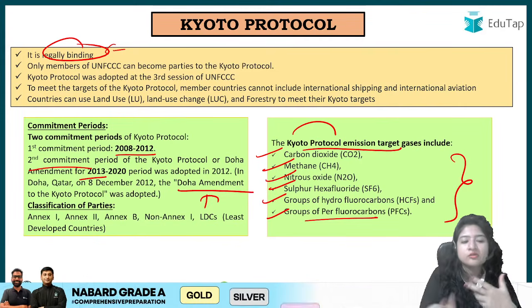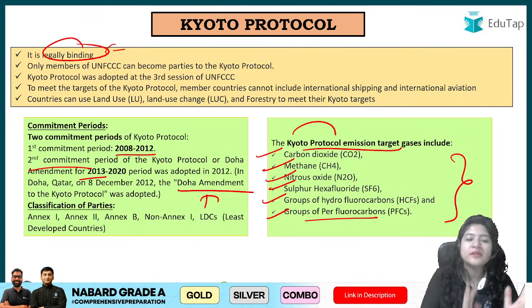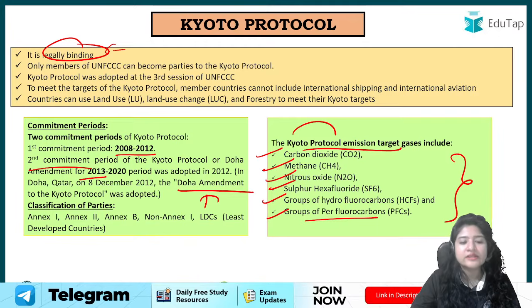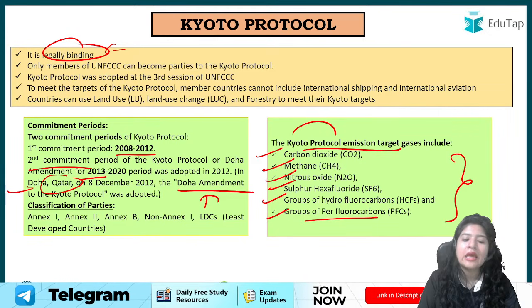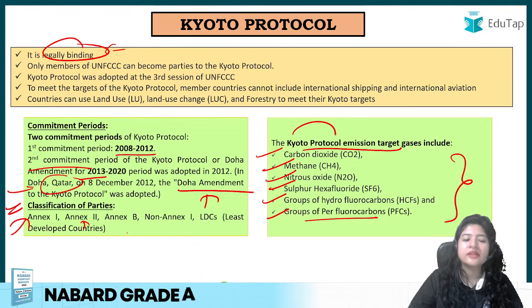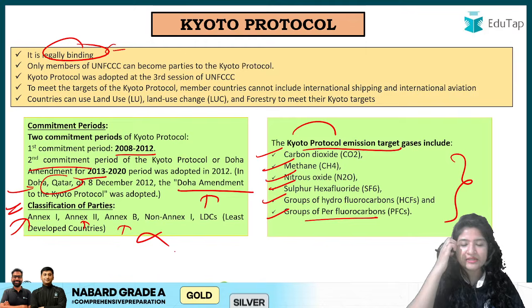Those amendments are known as Doha Amendment, simply because this meeting, this convention, took place in Doha, which is in Qatar. Qatar is the name of a country, Doha is a place, वहाँ पे हुआ था, इसलिए इसको दोहा अमेंडमेंट बोलते हैं. ठीक है, तो इसमें क्लासिफिकेशन ऑफ पार्टीज मींस, देखो अगेन सम कंट्रीज दे रिलीज मोर कार्बन डाइऑक्साइड, right? So for them there were some other rules, for other countries with less pollutant there were some other rules, इसलिए annex 1 to annex b ये सब डाला है. You don't have to memorize this, ठीक है?